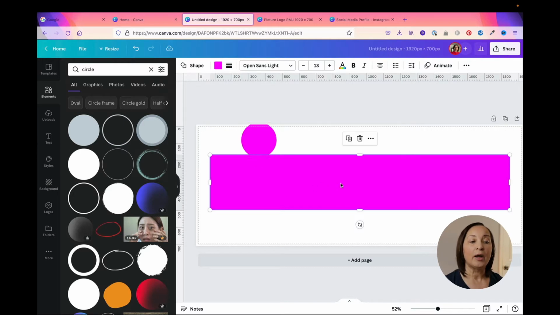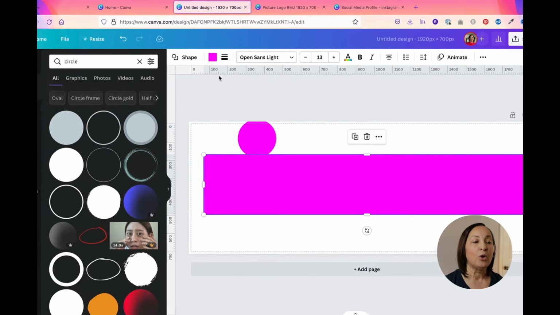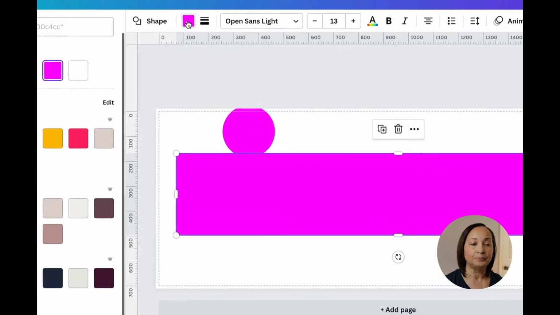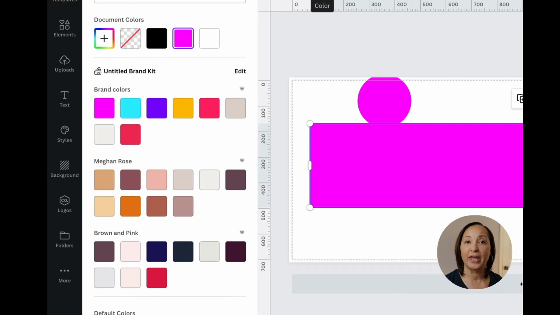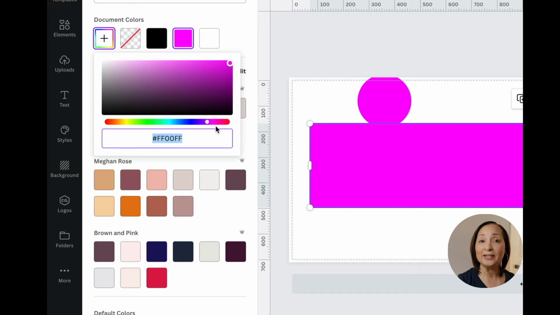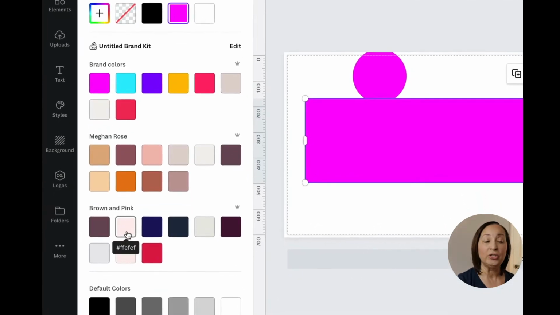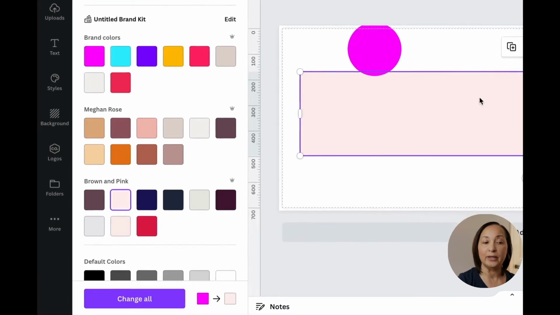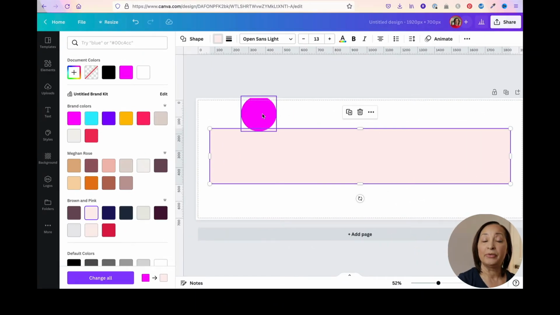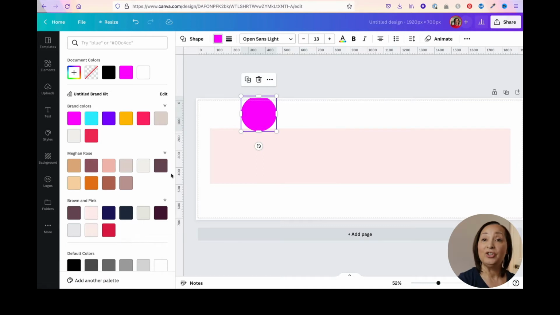So let's start making some adjustments to the color. I'm going to click on the rectangle to make that active. Once I do, I'm going to click on Color. If you're using the professional version of Canva, it allows you to store your brand colors. If you're not, then you can come over to this plus sign that says Add a New Color and just enter your hex code for the brand colors that you use. Now, because I am using the professional version, I can come down to this section where I have mine stored, and I'm going to click on my brand color. The second thing I'm going to do is make the circle active, and I'm going to change that to one of my other brand colors, which is this platinum color.